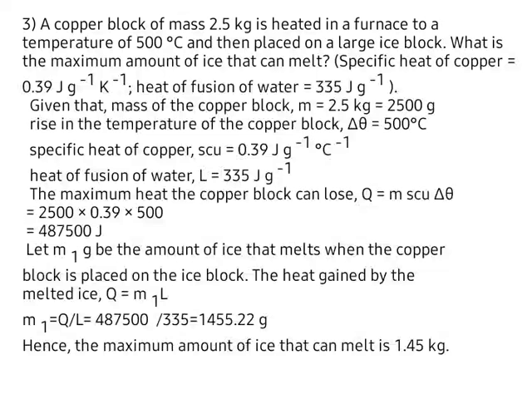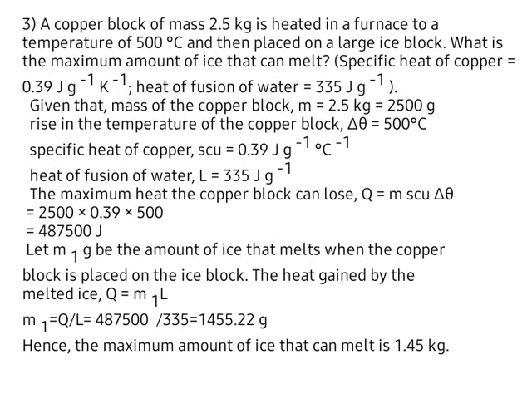Specific heat capacity of copper SCu is equal to 0.39 joule per gram per Celsius and heat of fusion of water L is equal to 335 joule per gram. What is the maximum heat the copper block can lose? It is expressed as Q is equal to M SCu delta theta. By substituting the values, we get Q is equal to